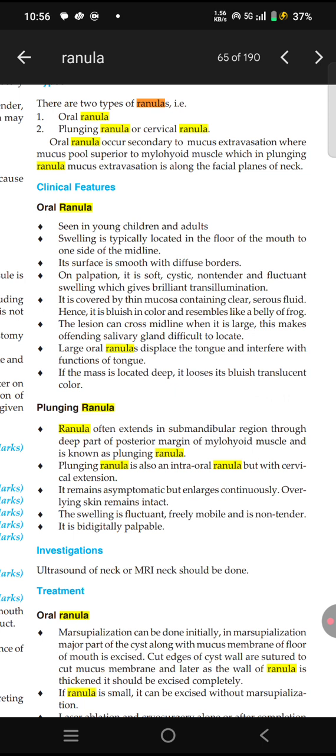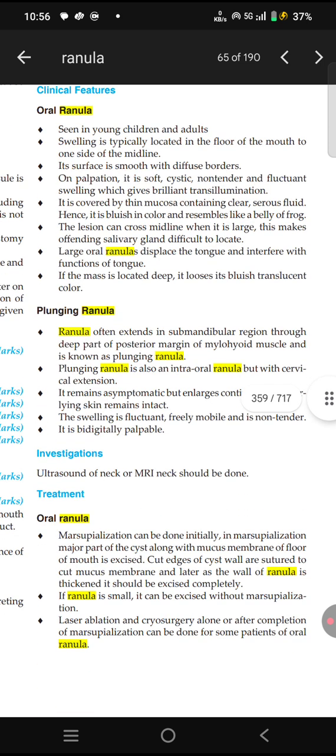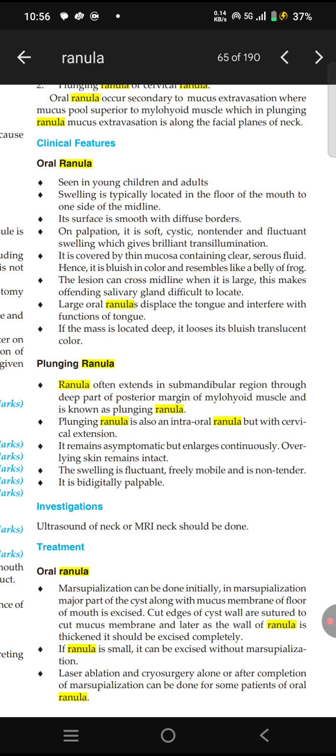The plunging ranula is an intraoral ranula which presents as a cervical swelling, asymptomatic but enlarged, with the overlying skin intact. The swelling is fluctuant, freely mobile, non-tender, and digitally palpable.